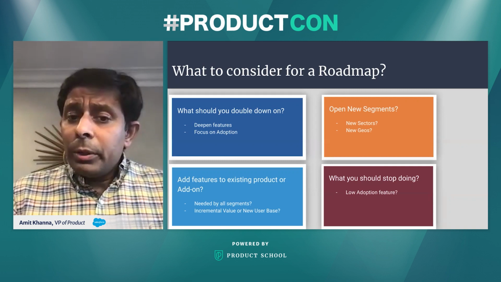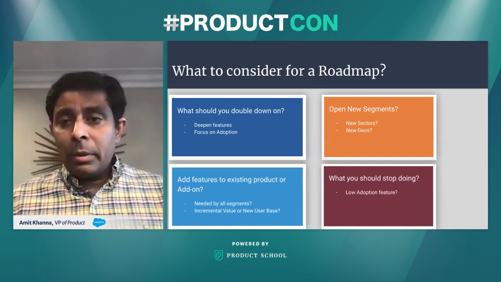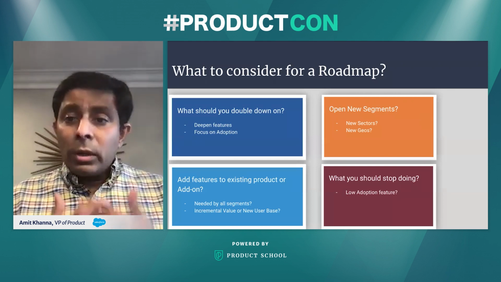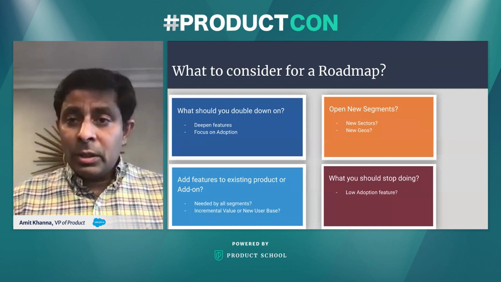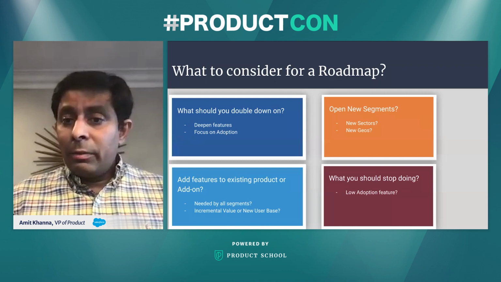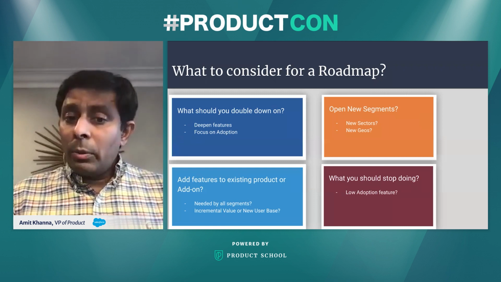The other question could be, do you want to open new geographies? Example, you might be America-based. You might want to go to Europe or the reverse. So how do you decide what features will enable you to be in those new geographies? Some examples that come to light is compliance. Different countries have different compliance regulations. So you might want to think about that.